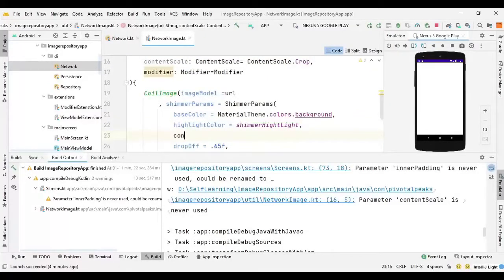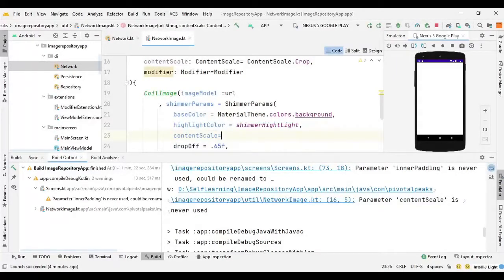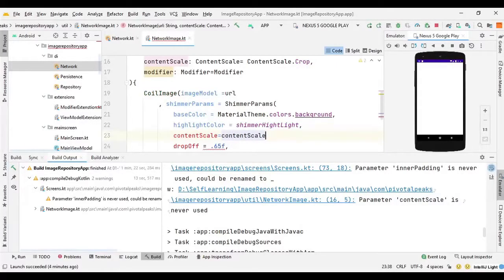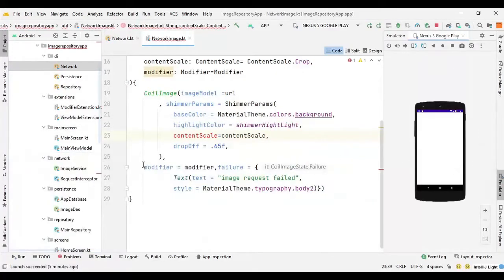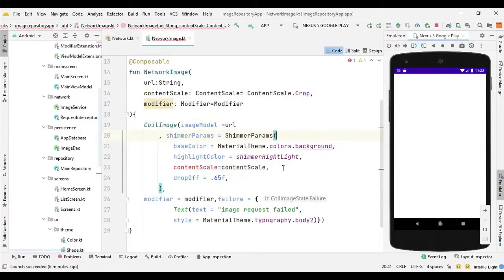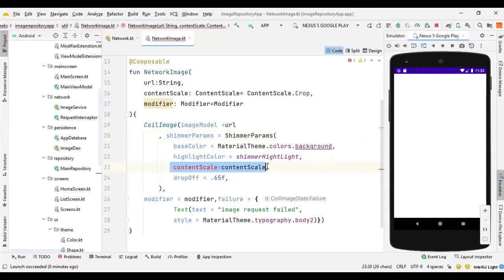So we can say content scale equal, we can pass the content scale that we created, and again we are having a bit of a problem. So let's see what that is. Cannot find a parameter with this name. Okay, we need to add this outside of this shimmer params.